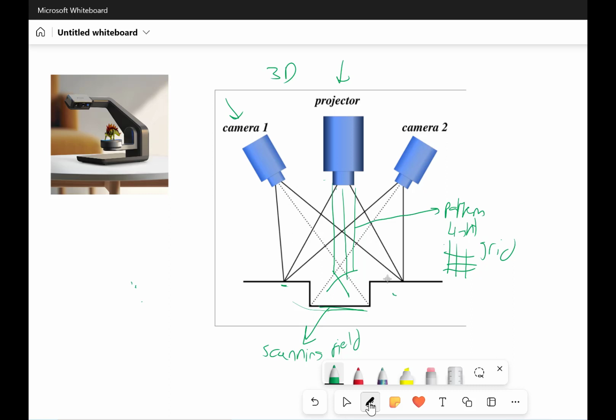Camera 1 will, from a certain angle, capture this deformed light where the object is. So imagine I have that dinosaur here. This is the dinosaur, I placed it in here. You've got the projector light. It's been deformed because of the dinosaur, and this camera 1 will detect